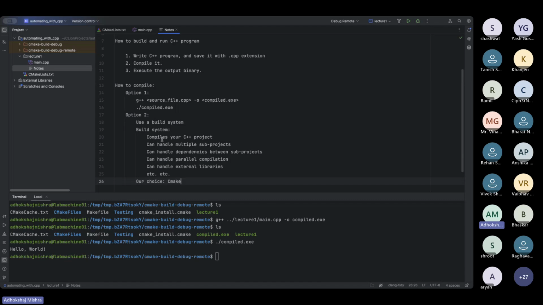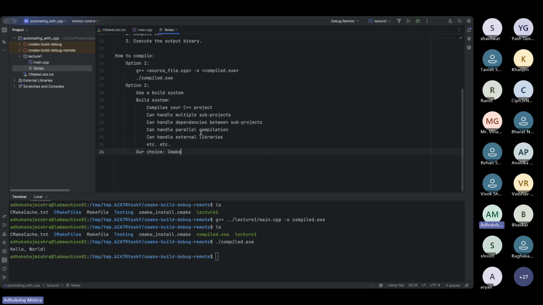So that is also one of the reasons why it is ridiculously popular. So for CMake, what we do